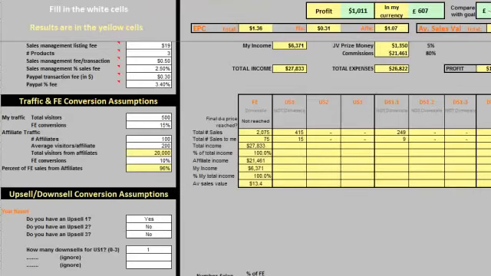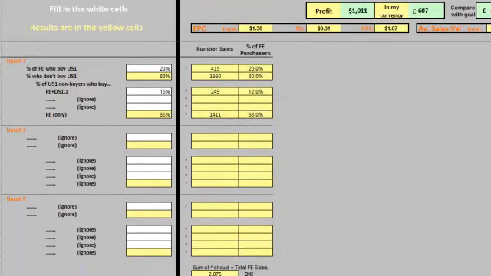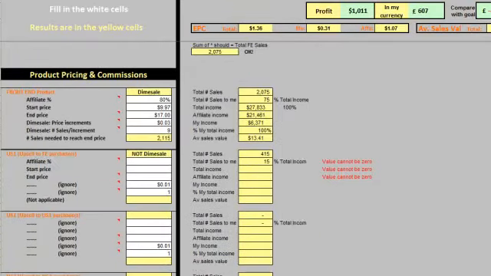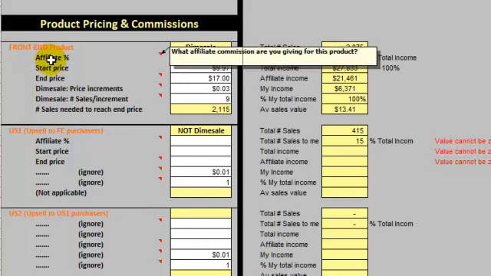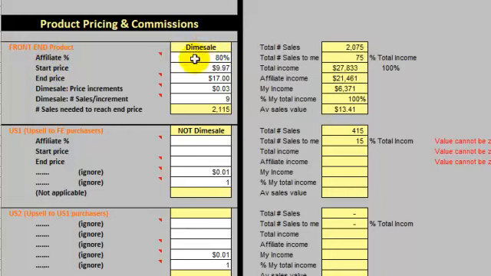So further down on the spreadsheet is the section for that. Product pricing and commissions. And for each of the 13 possible products, the front-end product, 3 upsells and 3 potential downsells for each upsell, there's a table in this form. And we've got the information already entered for the front end, 80% commission, $9.97 start price, $17 end price. Because those are different, it knows it's a dime sale, and it calculates the number of sales needed to reach